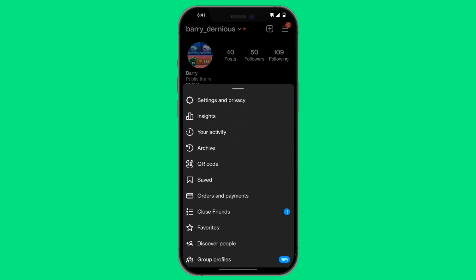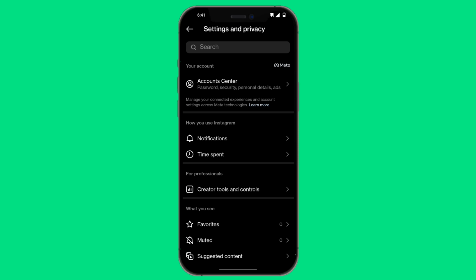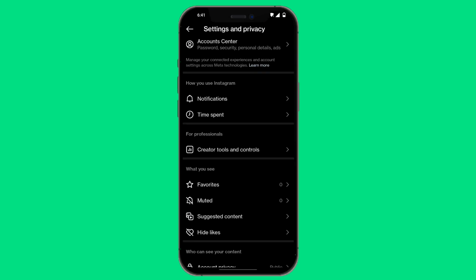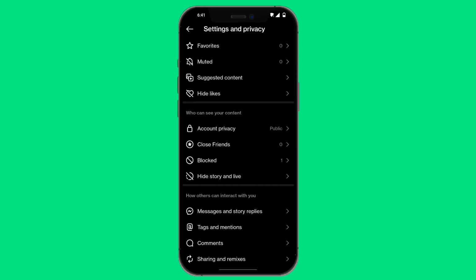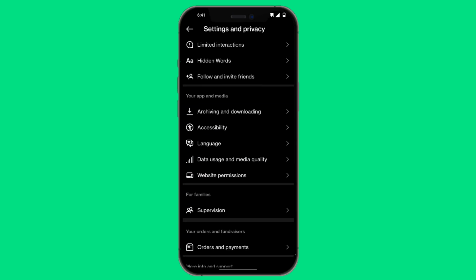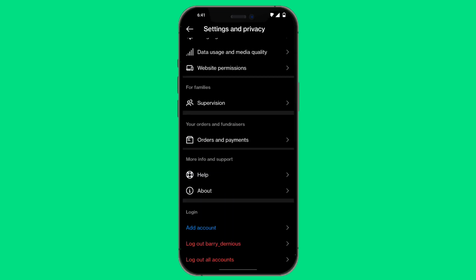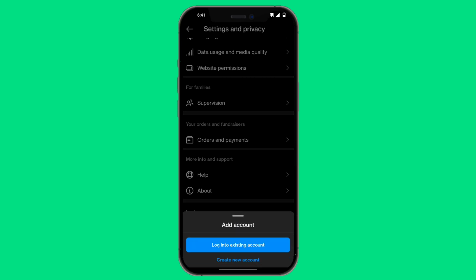Now there's going to be a couple of options that are going to appear from here, and then you want to click on settings and privacy, which is the first option. Now, once you're in settings and privacy, there's going to be a lot of different options to choose from. You want to basically just scroll down to the really bottom of the page, and under login, it's going to say add account. Now, all you have to do is click on the add account option, and you can log